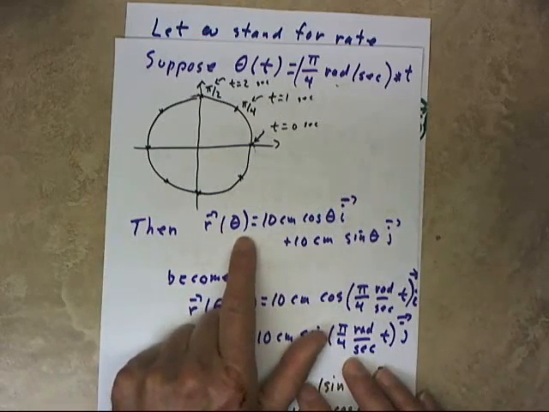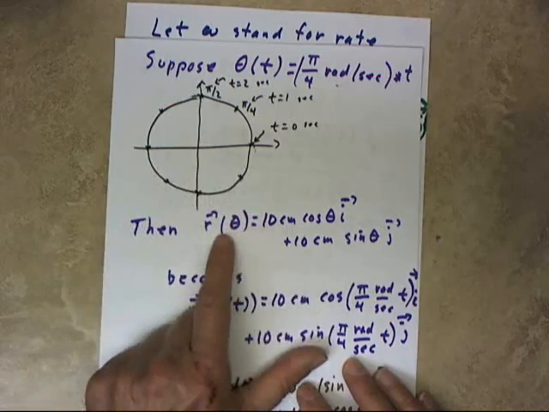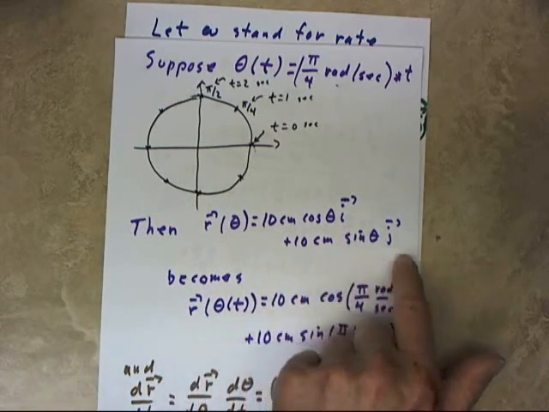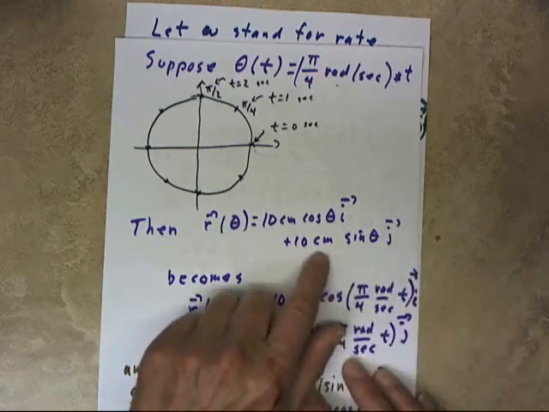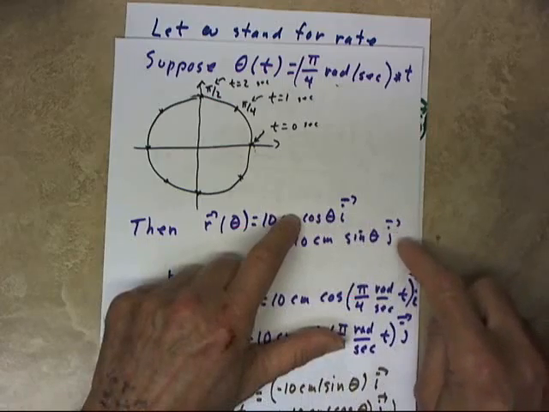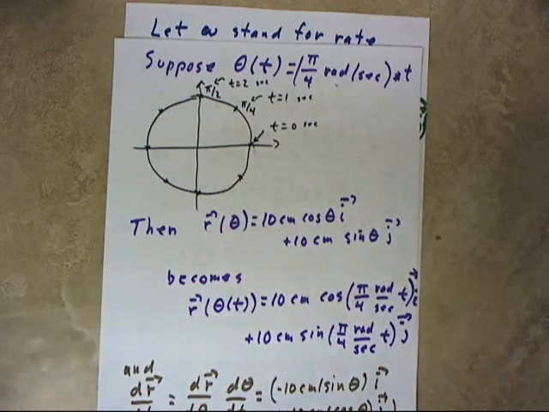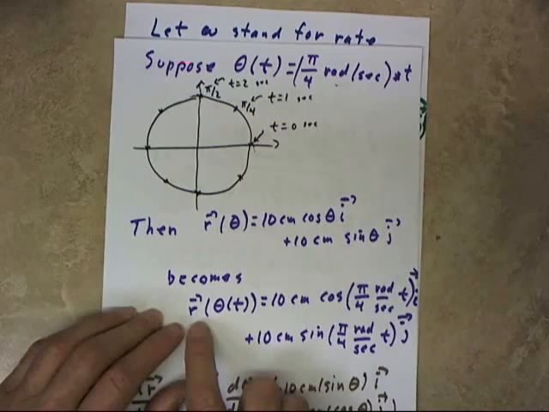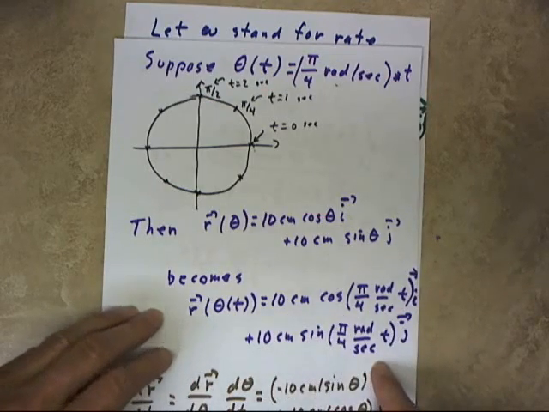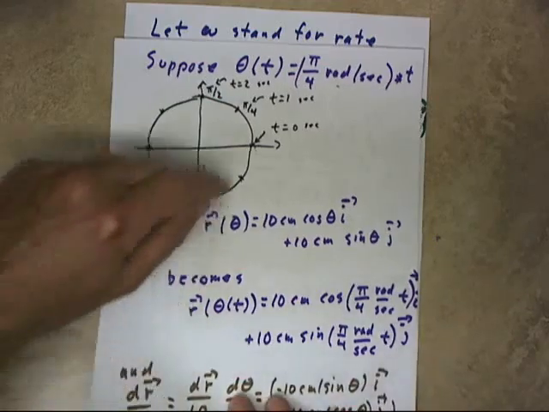The function we got in this case, assuming the circle of radius 10, was 10 centimeters cosine theta i plus 10 centimeters sine theta j. We could have factored out the 10 centimeters and ended up with just cosine theta i plus sine theta j. If we let r of theta of t equal the function we saw previously, then we get motion around the